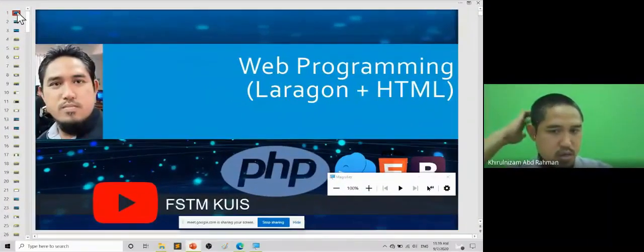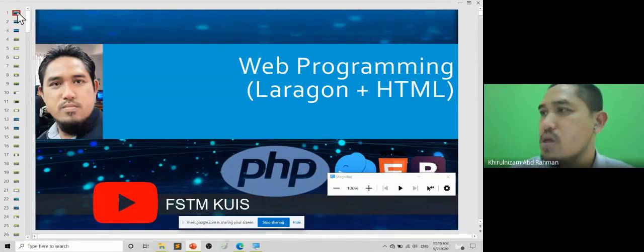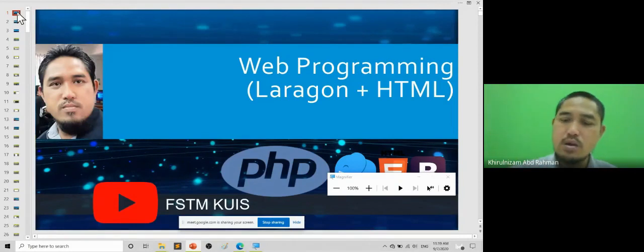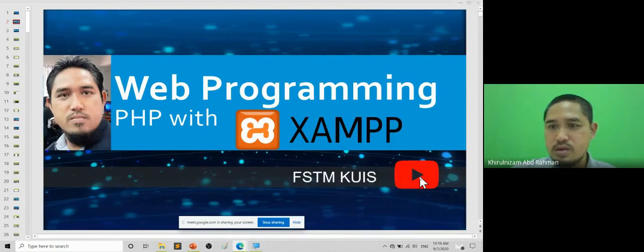Okay, quick review. Previously, you installed Laragon. Some of you, if you have Windows 10, should be okay. You can install Laragon smoothly. If you are using Windows 8, then I propose XAMPP. Both have the same functions. They have a web server, a PHP interpreter, and they have